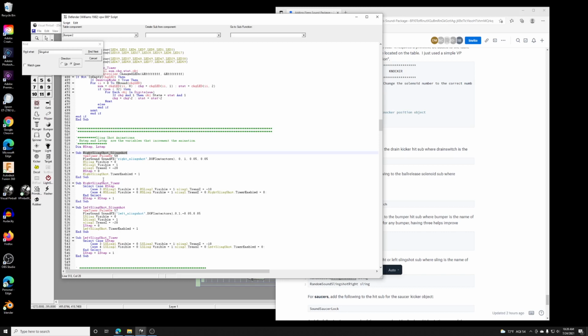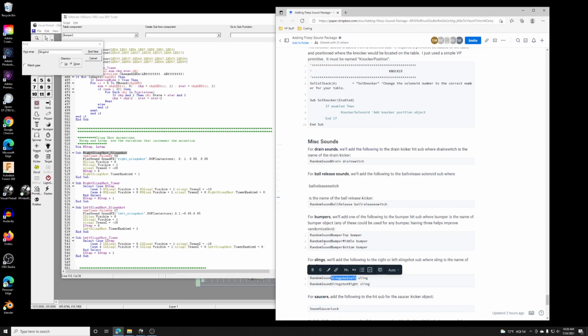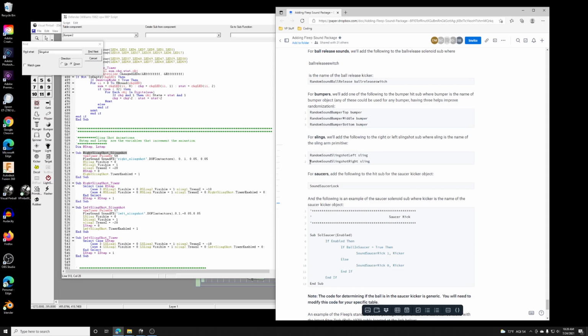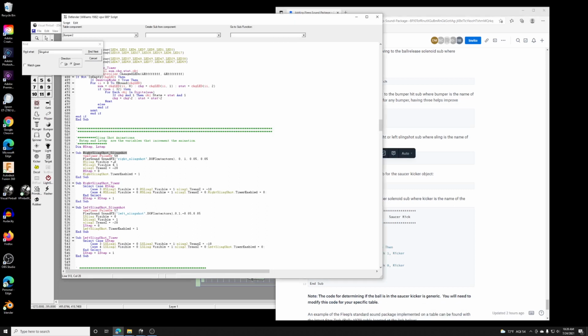This is the subroutine that fires off when the right slingshot goes. So we're going to use random sound sling right, and we'll replace this whole line. Now,